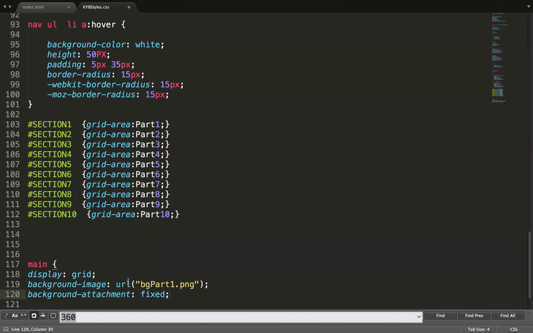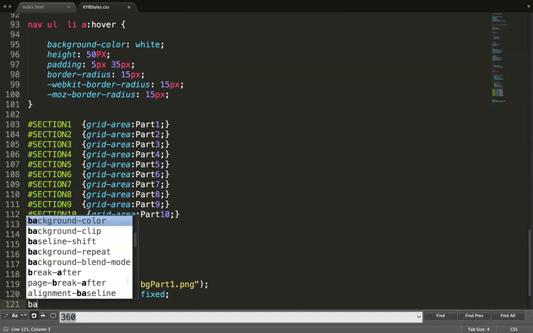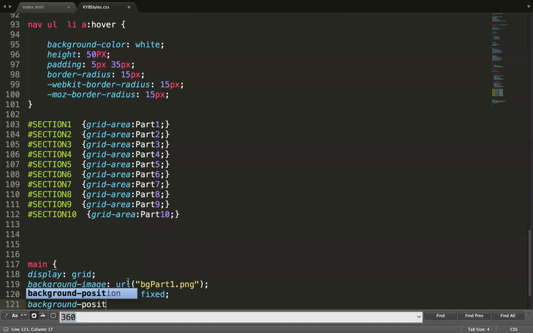The plan is to maybe add another 2 main parts in the future, and then add a parallax effect to it. So the background position, we'll set it to center,